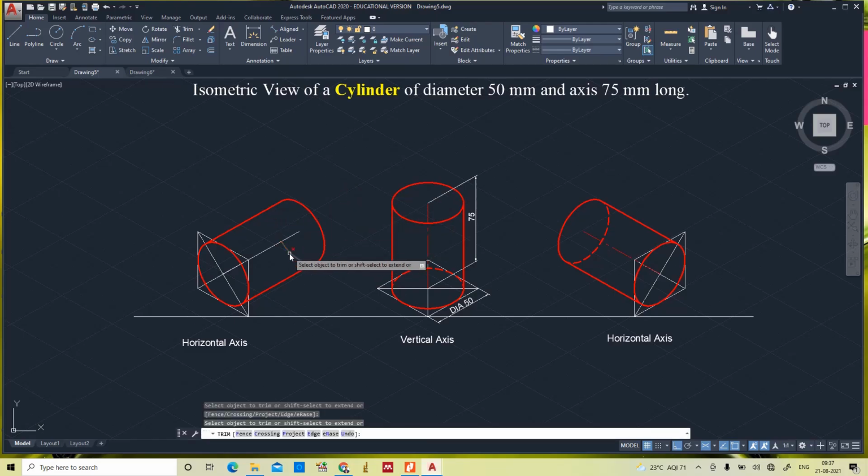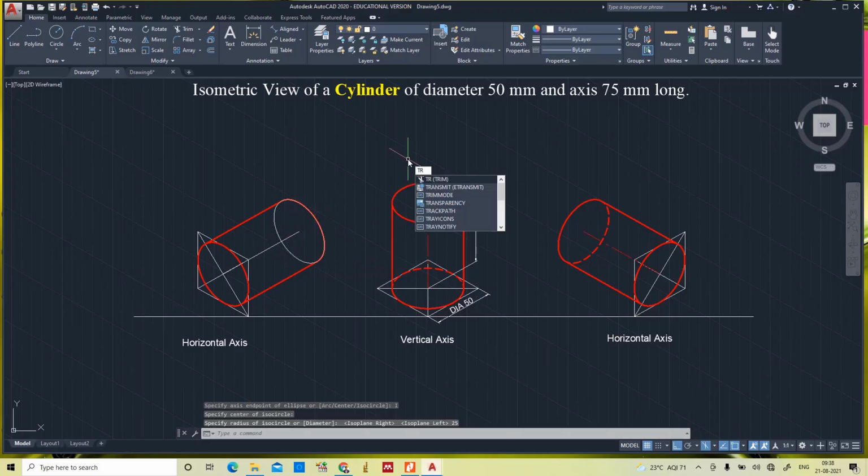So trim, TR, double enter, okay. Now again I am going to draw an isocircle on the same arc to make it an invisible portion, ellipse, isocircle I, center point, function F5, yeah, 25. See, now it fits like this, trim, TR.